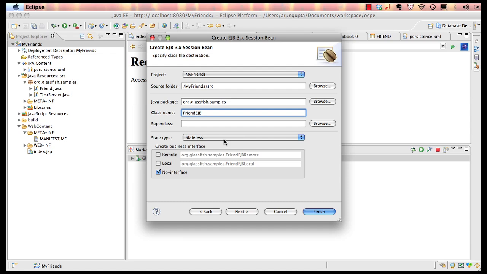Then there are different types of it. Stateless and stateful we are familiar with. We can also create a singleton EJB that allows us to have a single instance of the enterprise Java bean across the VM per application. And this is going to be a no interface view. Let's take a look at that. So once we click on finish over here,